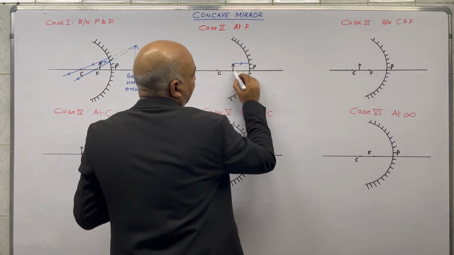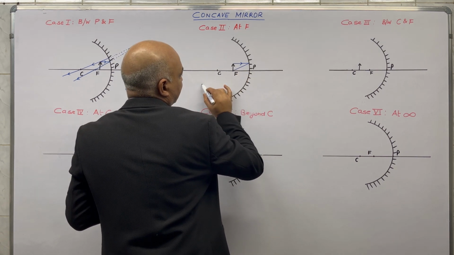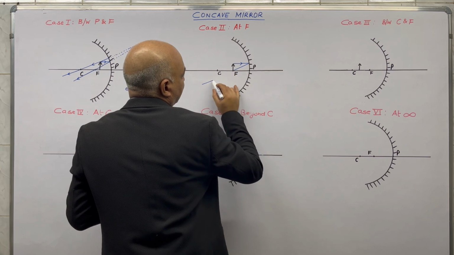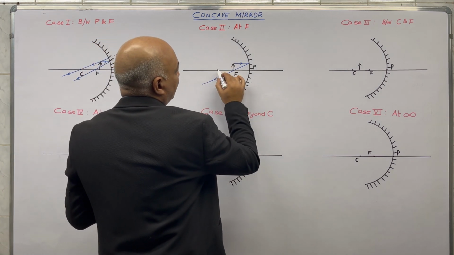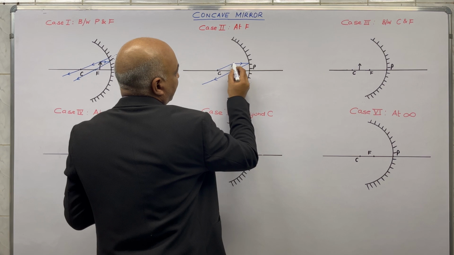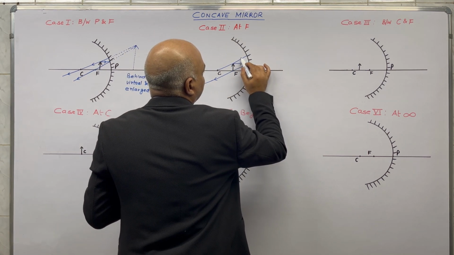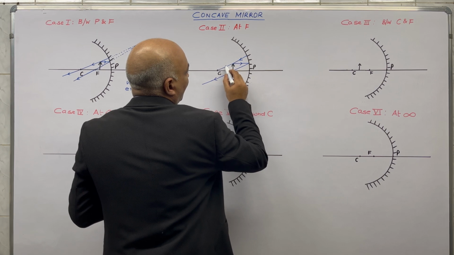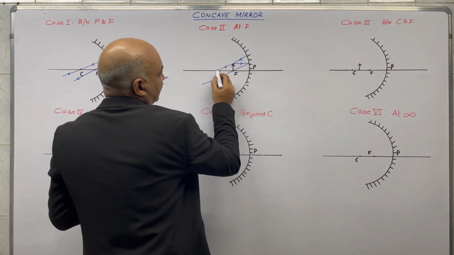After reflection, it is going to pass through the focus, and the second ray again I am going to take passing through C. This also will retrace its path,